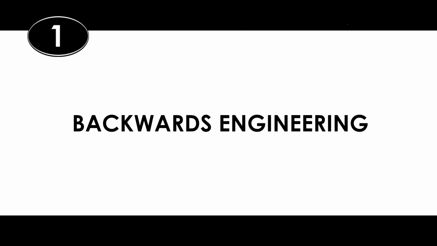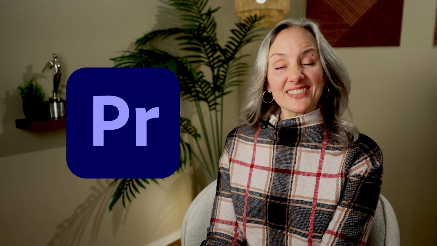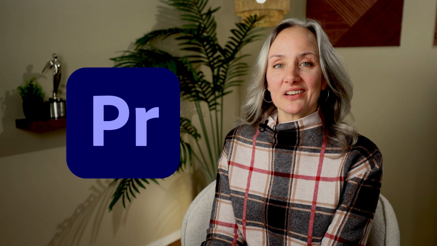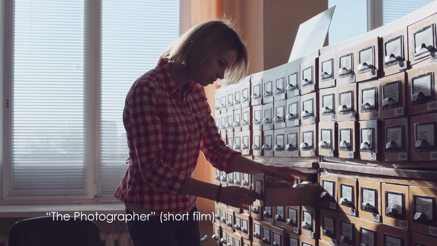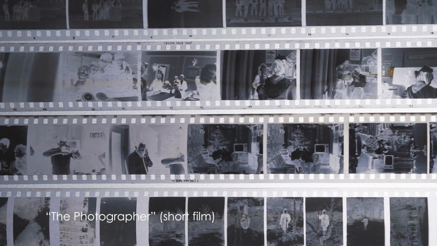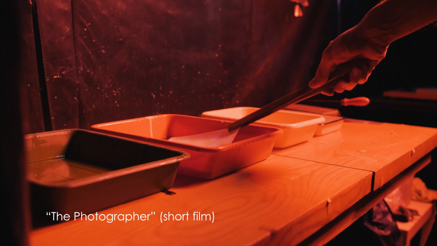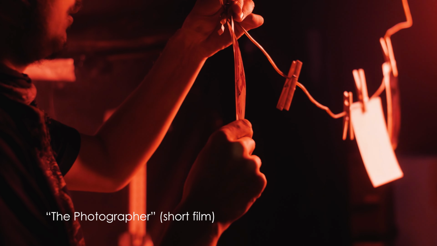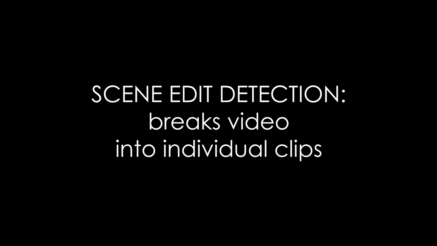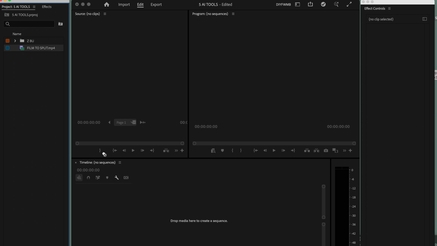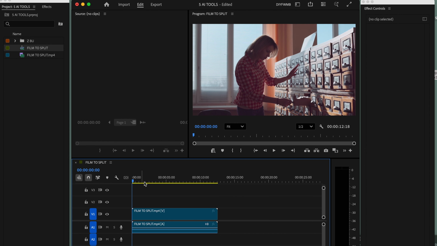Number 1, backwards engineering. This is kind of a crazy one, and I hope that none of you ever have to use it, but say you have a finished video but you don't have the original Premiere project file. Not ideal, but you can use Adobe's Scene Edit Detection to break your finished video into individual shots so that you can re-edit. To use it, just place your clip in a new sequence,